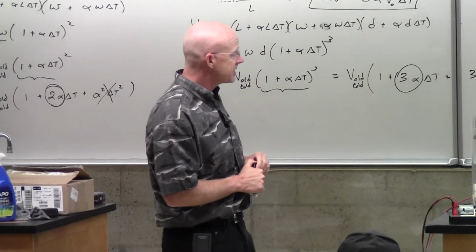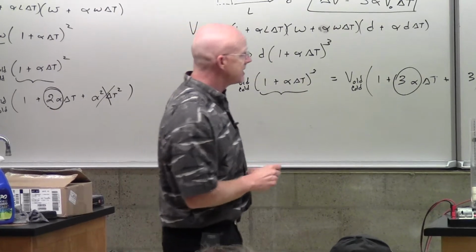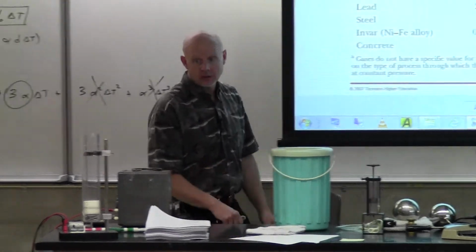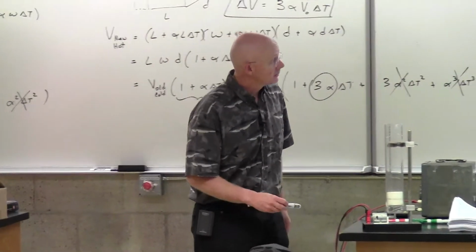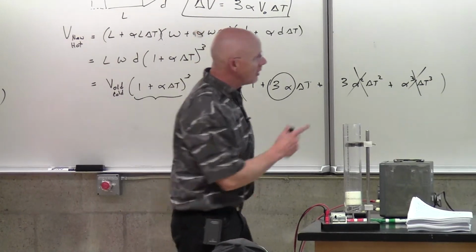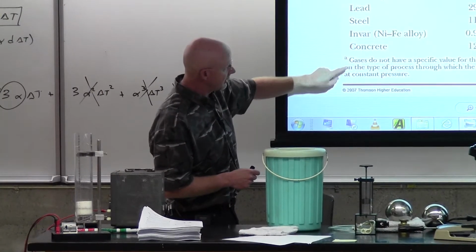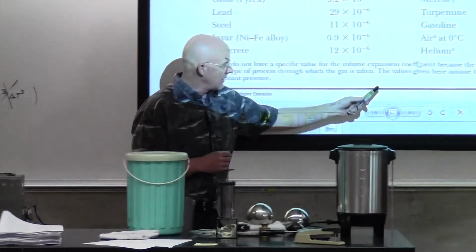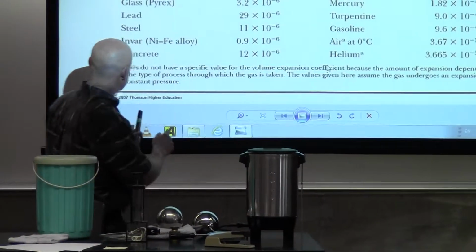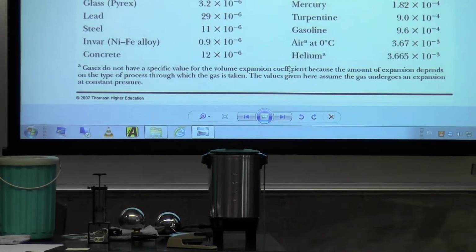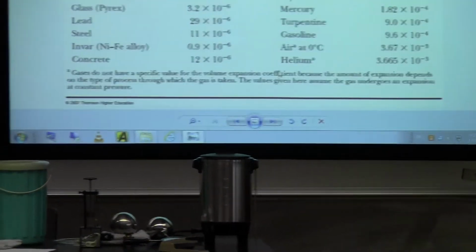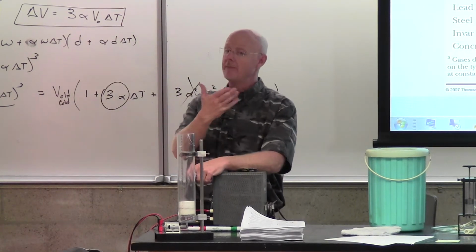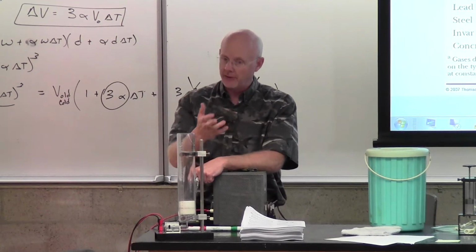Yeah, it depends on the type of process. What else do they say? Yeah, the last sentence there is the important part: at constant pressure. But in the air, the little A, does that mean at atmospheric pressure? Oh no, that's the footnote that goes to here, and he's trying to give you a warning about things that are coming up. The second sentence is probably the easier one. This is saying the gas is under a constant pressure, and that's what I was trying to show you with this kind of silly thing: push that down and say gases are a bit more complicated. And that makes them a lot more interesting, and we're going to do a lot of work with gases.